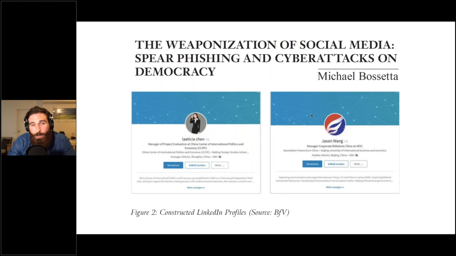And LinkedIn is a very, very good platform for this type of phishing, particularly because governments have entire lists of all the employees that work for them in a LinkedIn group, which becomes very easy for governments to basically harvest that data and then target all of those people through a spear phishing attack. So that's just a quick plug if you want to learn more about how that works.